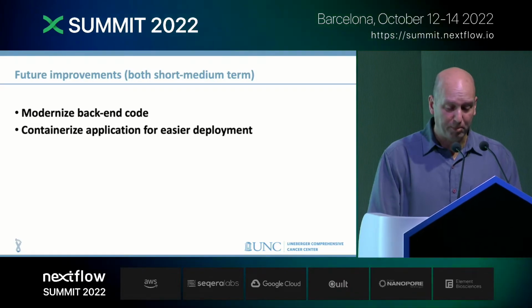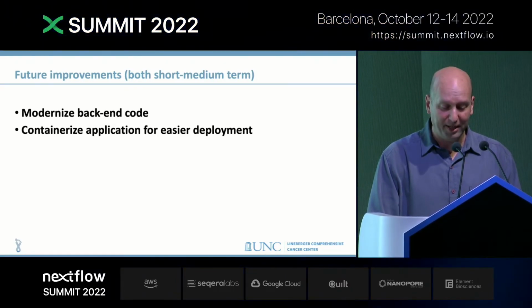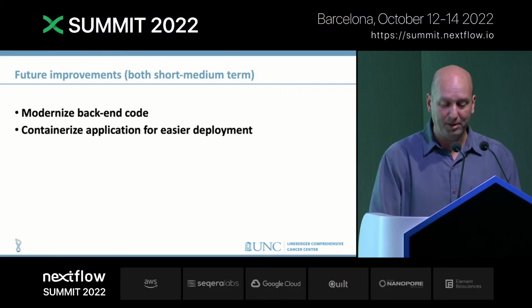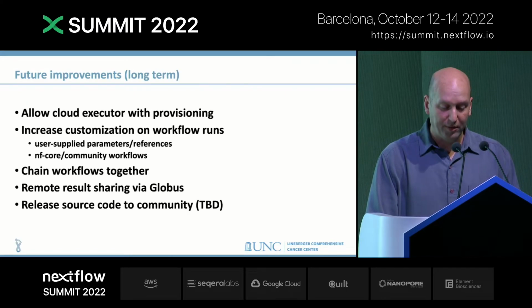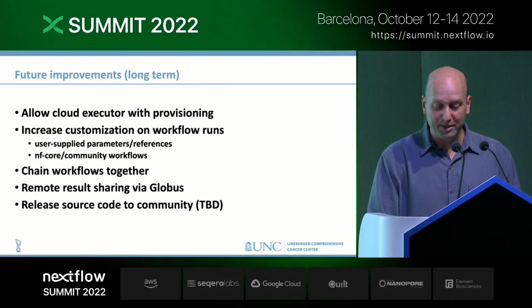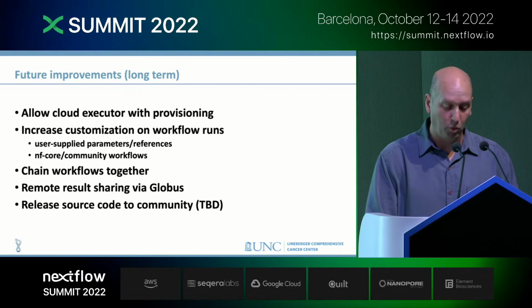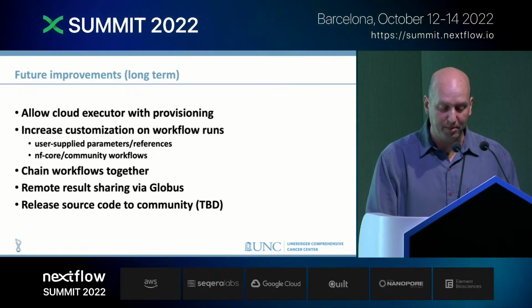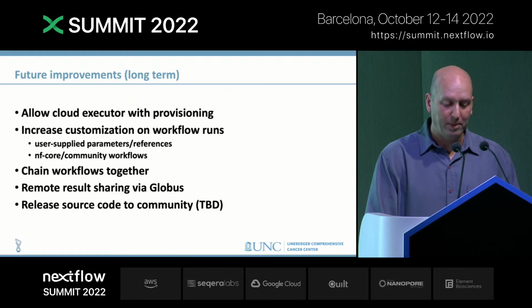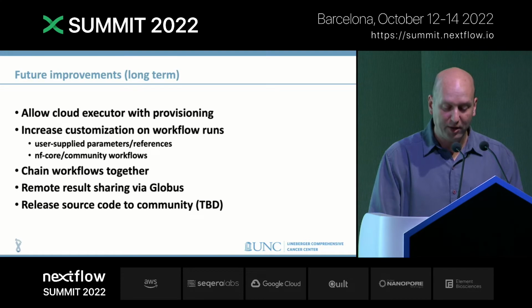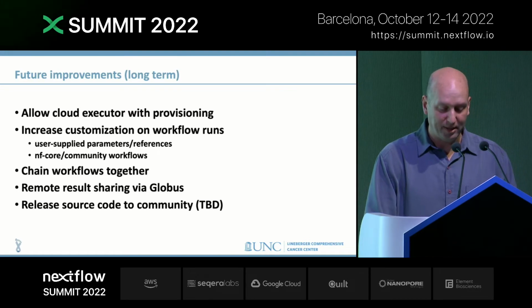So we have some future improvements in mind. We want to modernize our back end, and we want to be able to containerize the application for easier development. And this is the short and medium term things. In the longer term, we want to allow Cloud Executor with provisioning, increase the customization on workflow runs, so more user-provided parameters and references, and maybe NF core and community workflows. We want to be able to chain the workflows together, add remote sharing via Globus, and release our source code